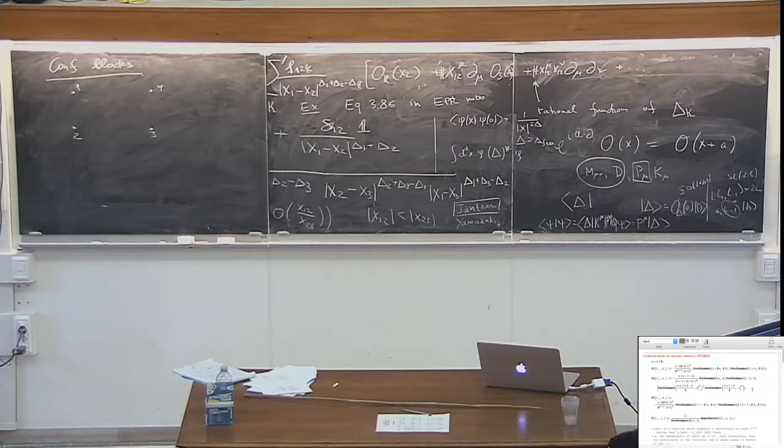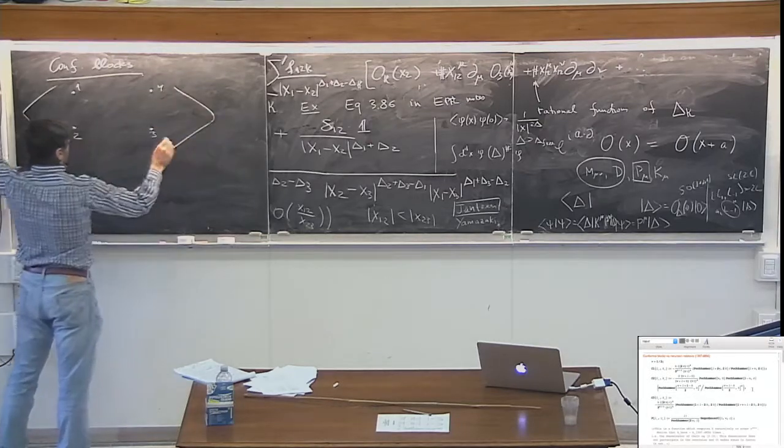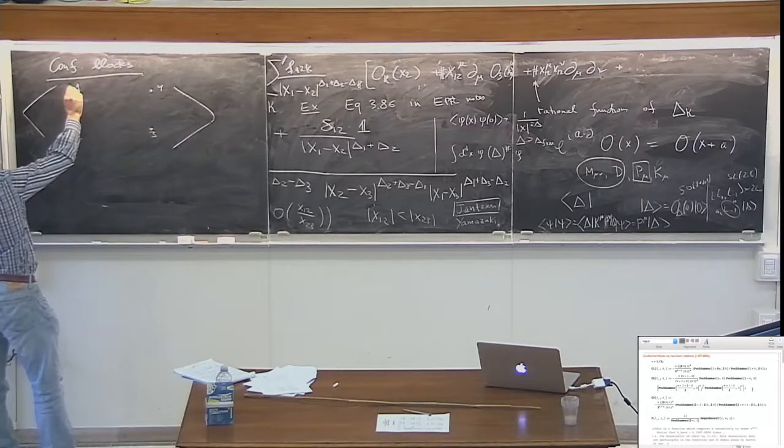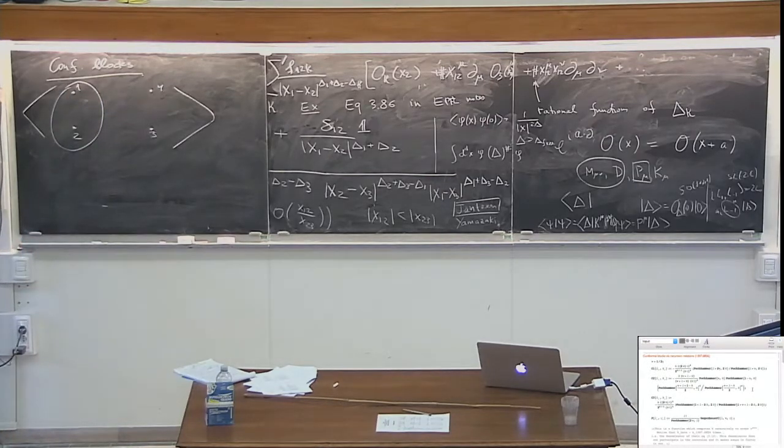I told you that in fact that function of the cross ratios can be determined in terms of the CFT data of the 3-point functions and the dimensions. So we are getting close to how to determine that 4-point function. The way we are going to determine it is by applying the OPE twice. So we are going to take these two operators, and according to what I told you, we can write this